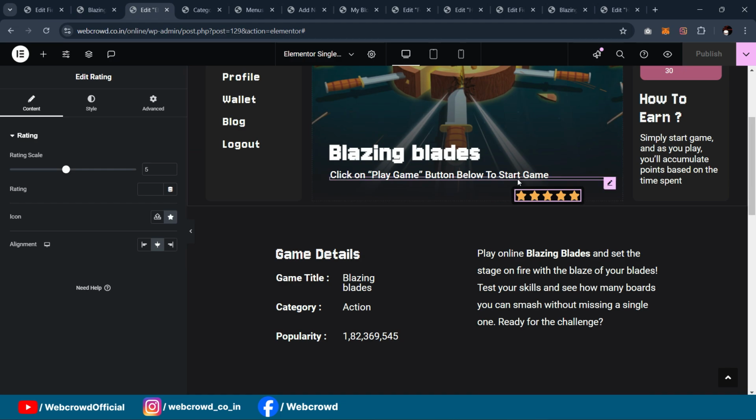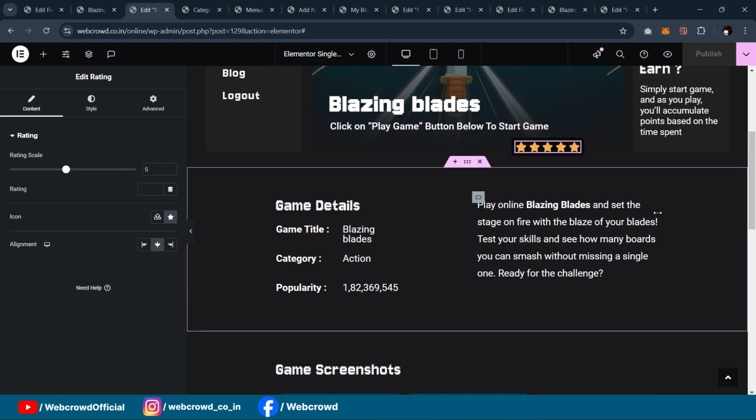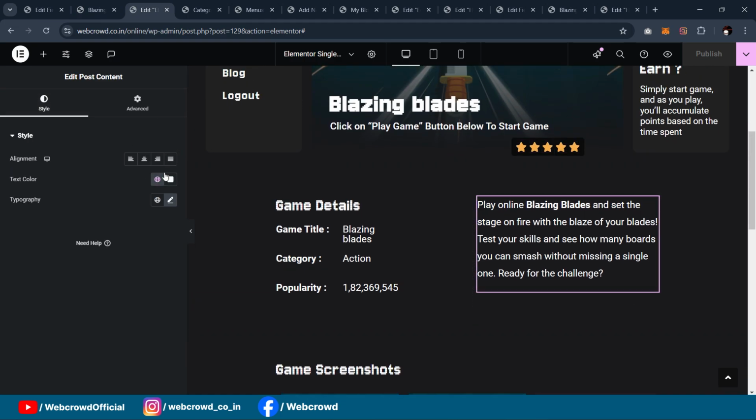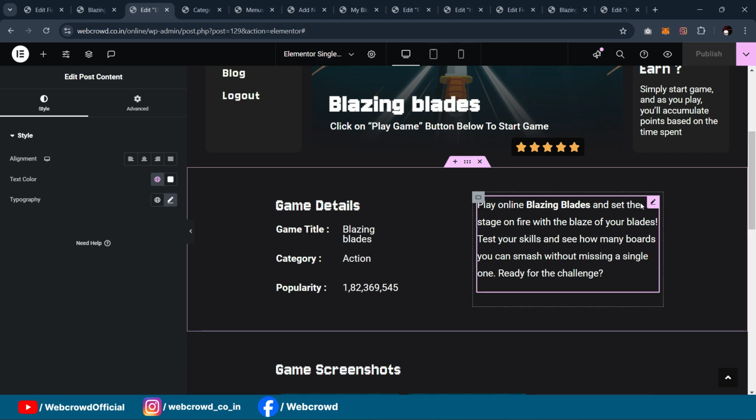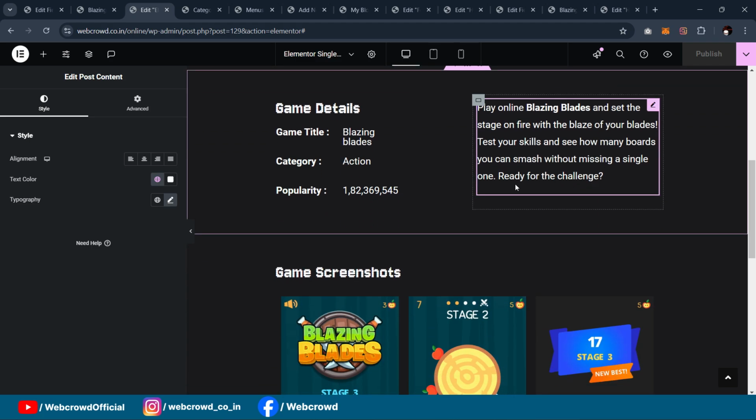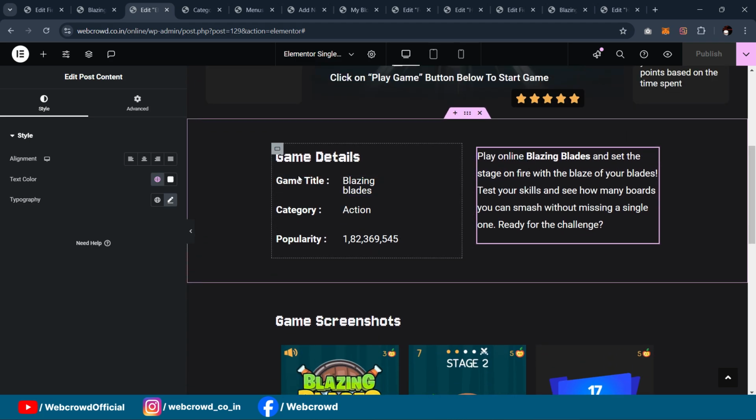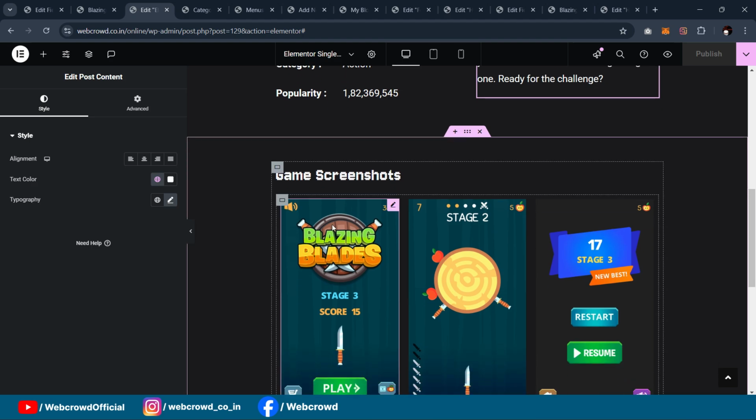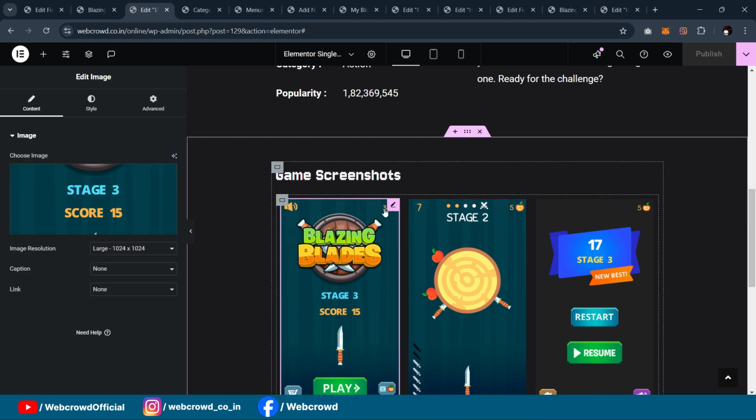The next we have to show this dynamically. Currently I am using the post content, so I need to connect this using ACF. So game title also dynamic. We have created it for the category, also create for the popularity. Now we have to create for these 3 images. Okay,